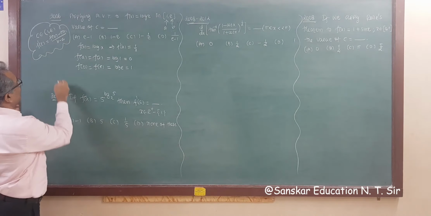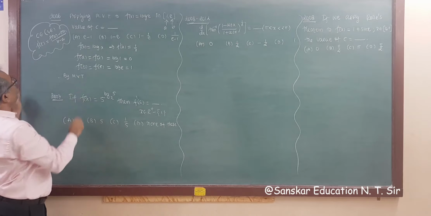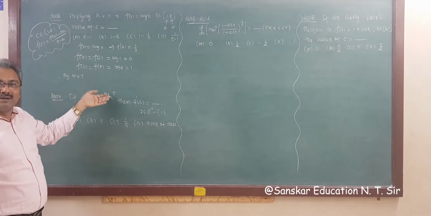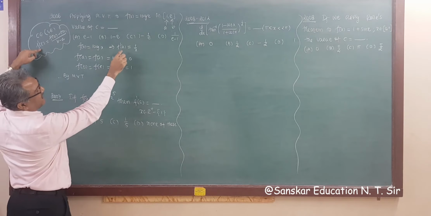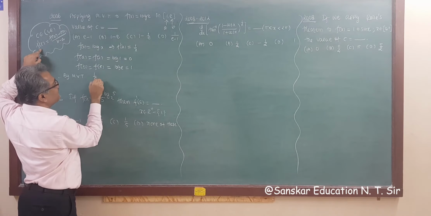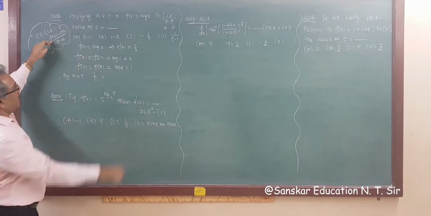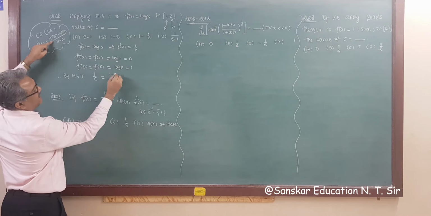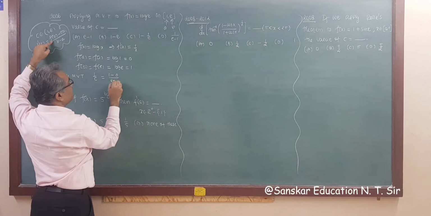So therefore by mean value theorem, no need to write c belongs to open interval (1, e), because we are solving an MCQ. So directly f'(c), that is f'(x) with x equal to c, we get 1 upon c is equal to f(b) minus f(a), that is 1 minus 0, upon b minus a, that is e minus 1.